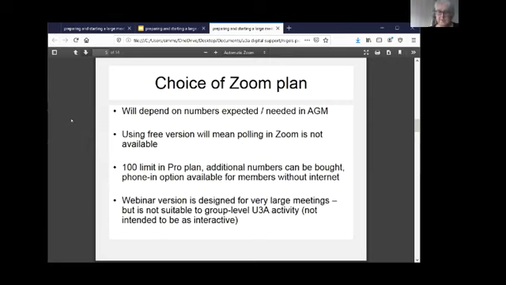Now, you can go up, all of these firms will sell you anything you want. And you can go up and up the scale with Zoom, and if you have a spectacularly large U3A, you may have come across the product called a webinar. What's a webinar? What's the difference between a webinar and what we're doing now? Well, a webinar is set up specifically for very large numbers of people. You're talking thousands of people, and it's set up so that one or two people talk and you listen, right?